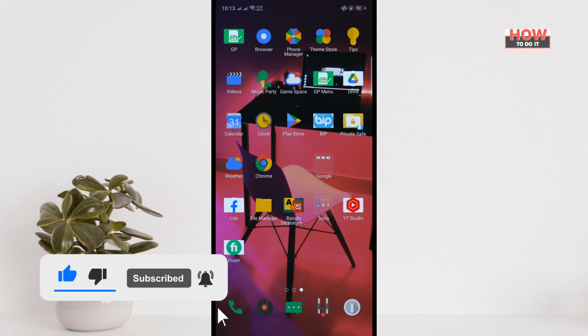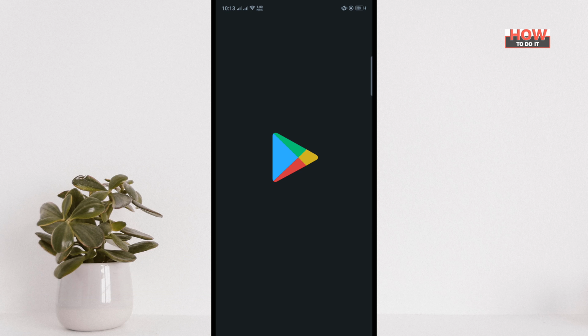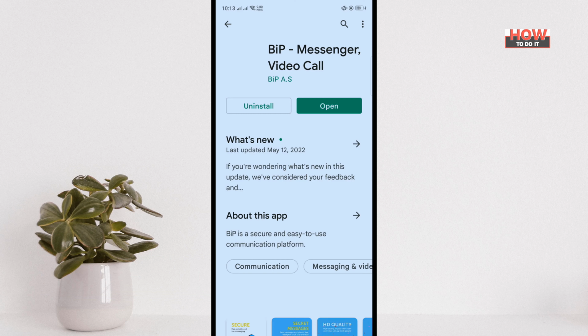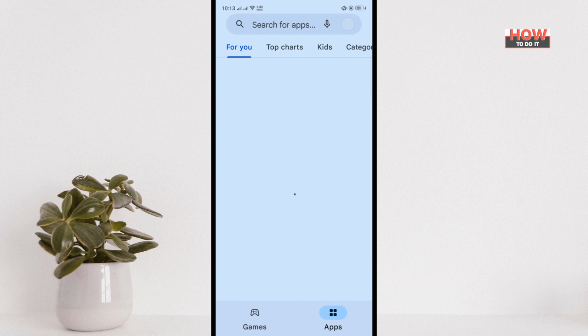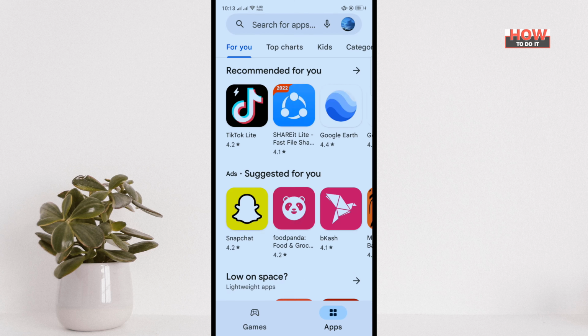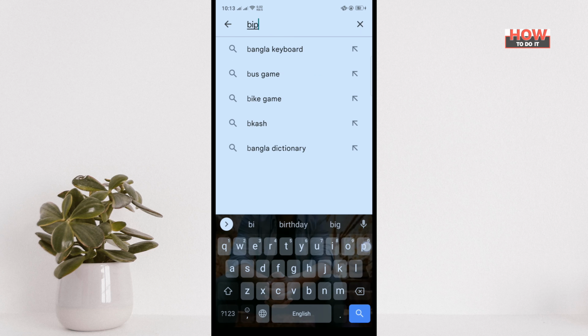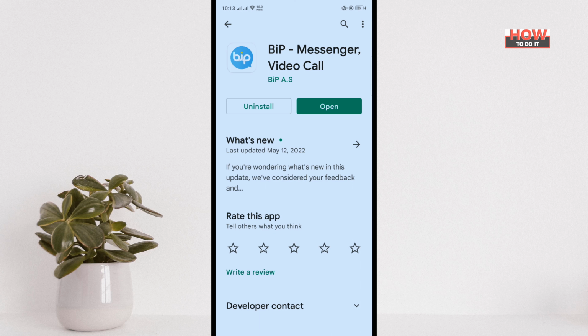How to do it? So first of all, open your Google Play Store. Also you can open the App Store and then search here for BiP Messenger. So this is the BiP Messenger. From here you will need to install the app, and once it's done, click on open,